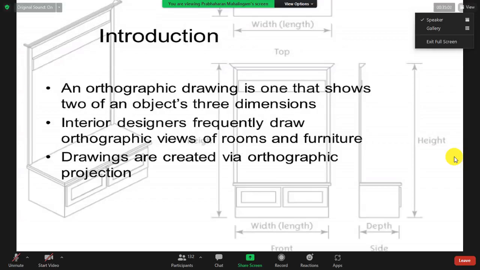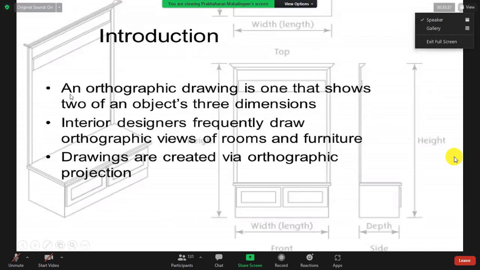for the agriculture purposes. Sometimes we have, you see here, farmhouse, farmland, and some other mechanical things you have developed, or some sort of furniture. Then you want to draw height and width and depth and length and that sort of thing. You want to draw it. So that is why we are introducing this course for the first-year student.